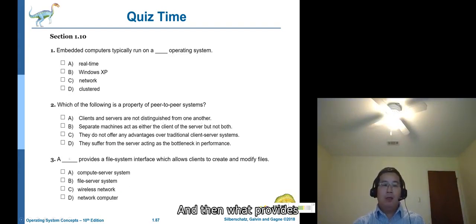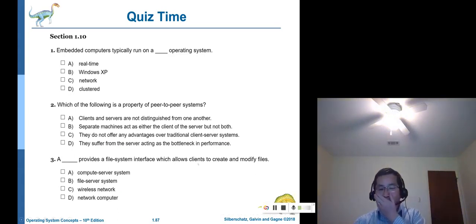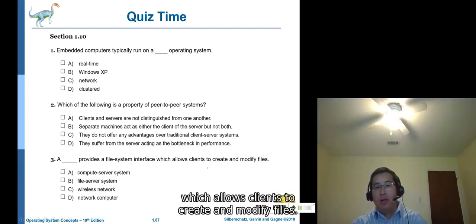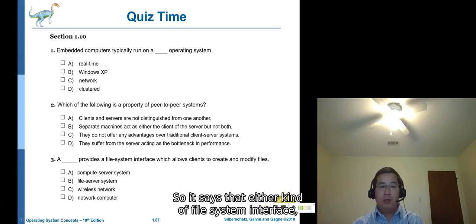Okay, and then what? Provide a file system interface which allows clients to create and modify files. So that's easy.